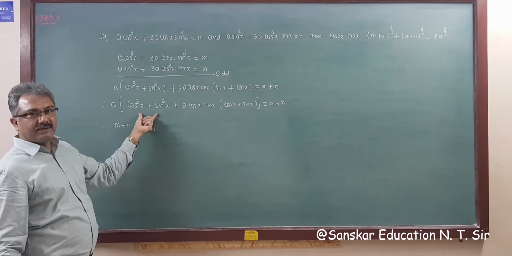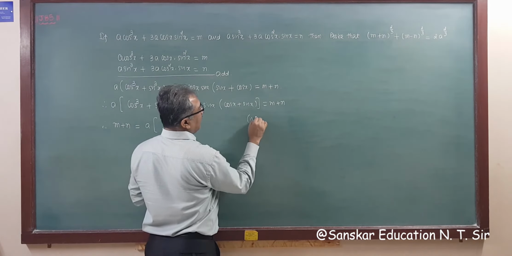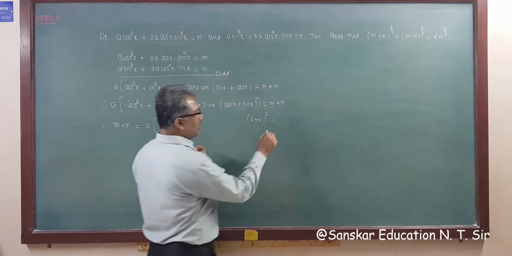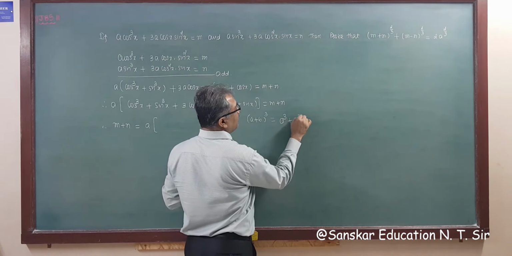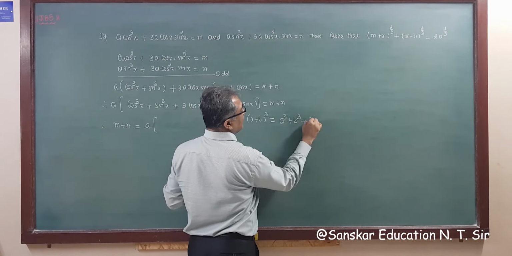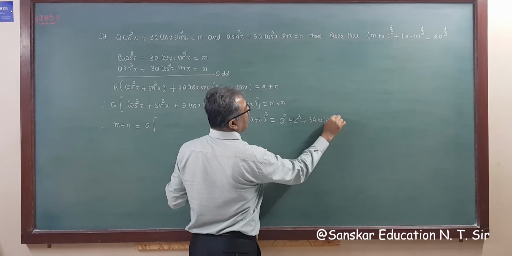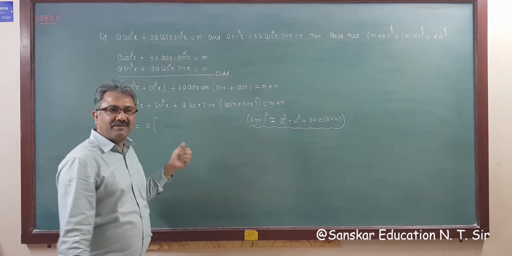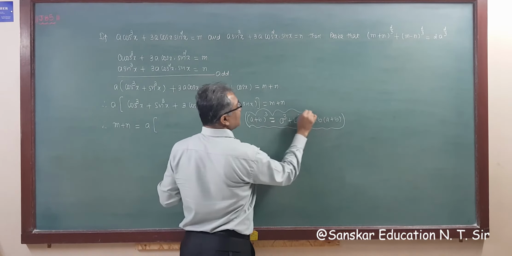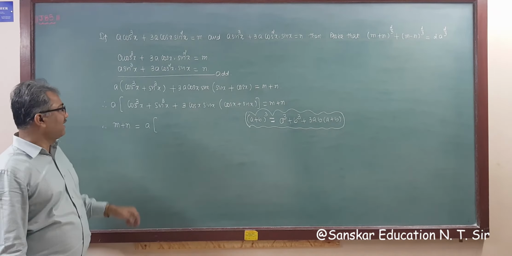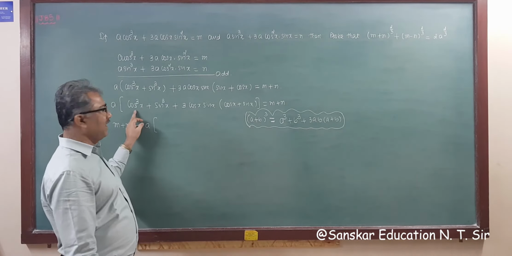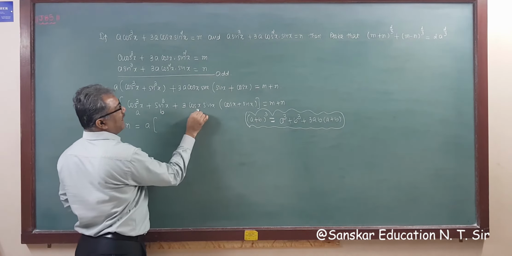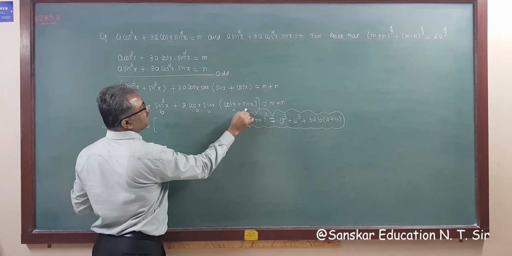Now what is this? You have one formula. A plus b whole cube is, what is a plus b whole cube? That is a cube plus b cube plus 3ab into a plus b. This is a formula that you know. You learn this formula in previous classes of secondary, that is in 8, 9, 10. Now compare here. A cube, so this is your A. B cube, that is B. 3AB into A plus B.